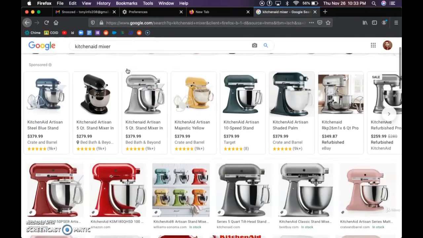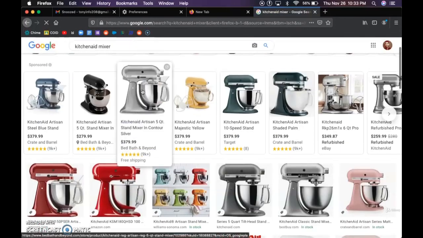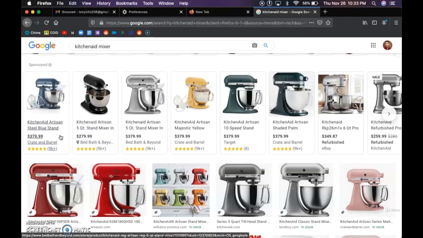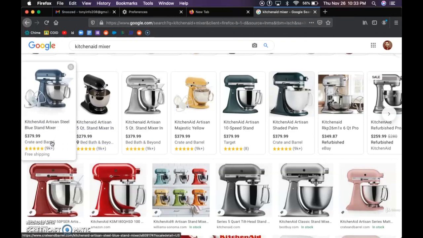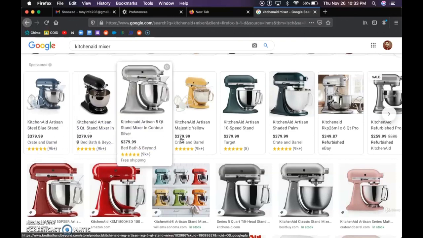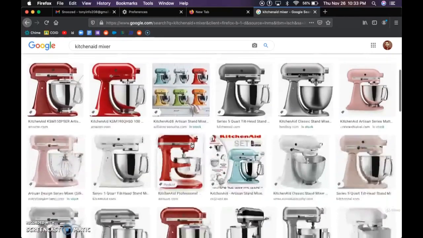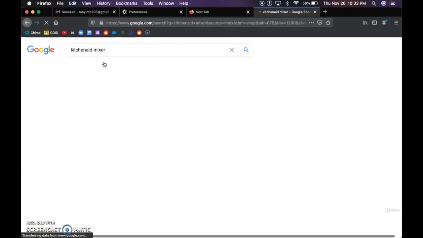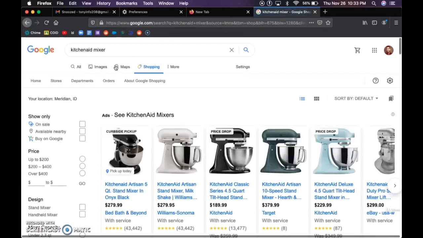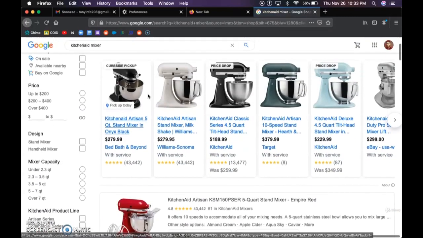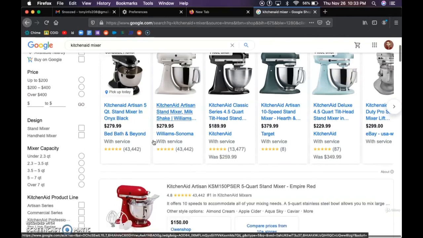This is exactly the one. This is super popular, and a lot of people click on these ads and see, I don't know what Crate and Barrel is, but they've got reviews. And let's say you are on a recipe website, and then you're like, oh yeah, I was quoting these mixers